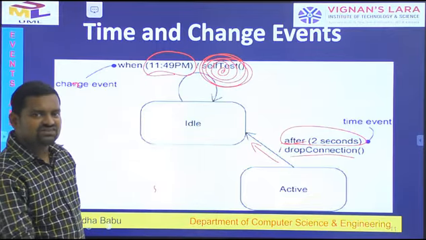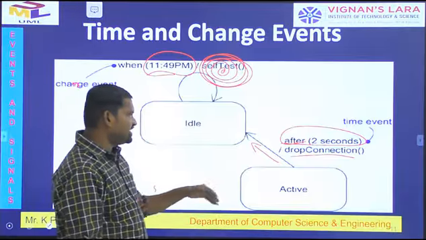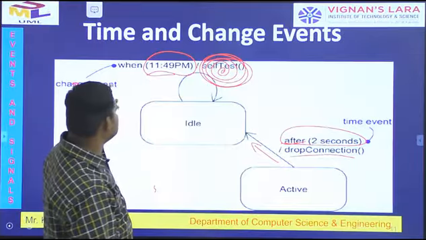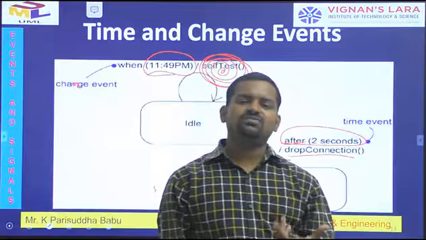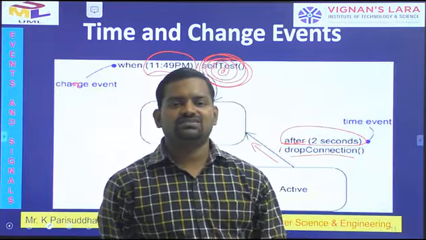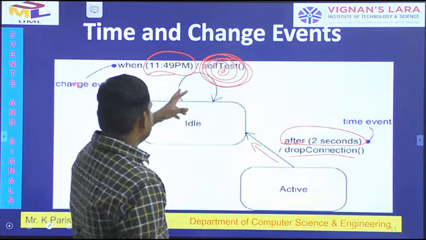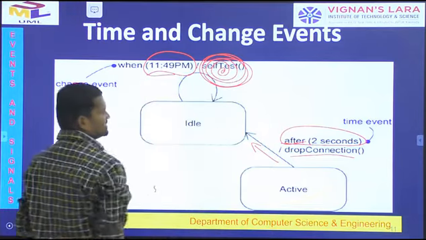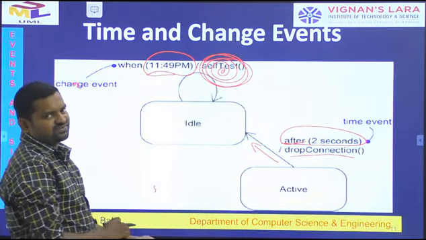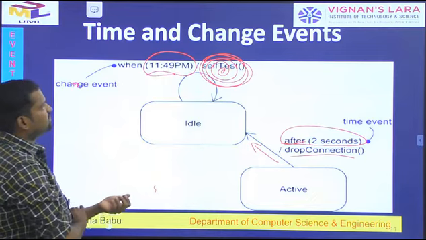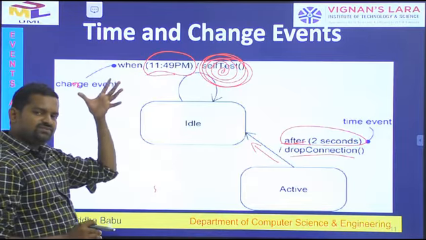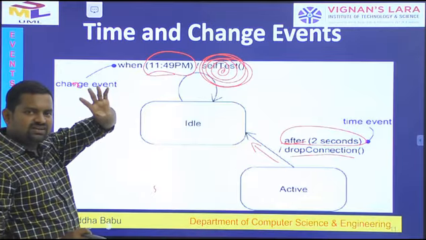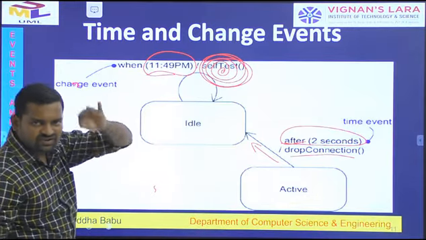That is the change event. Time event will be changing the time, whereas change event will be changing one state to another state, or maybe also giving some information. Self-test is also one kind of event. That is called time events and change event. Signal event, time event and change event.